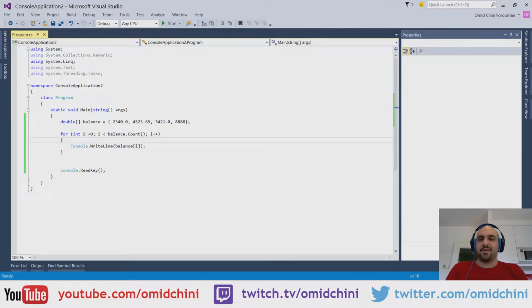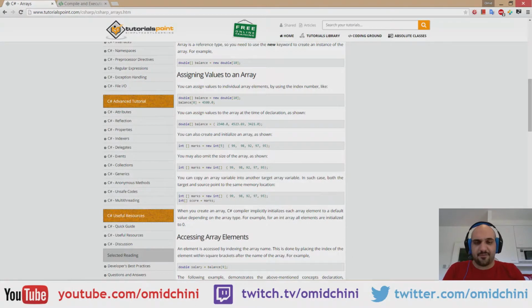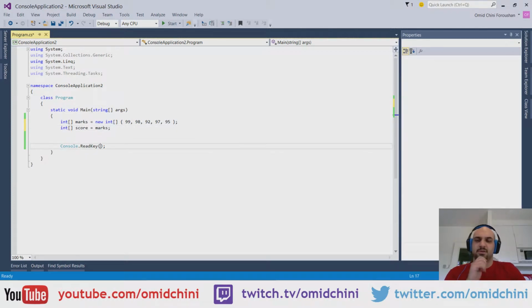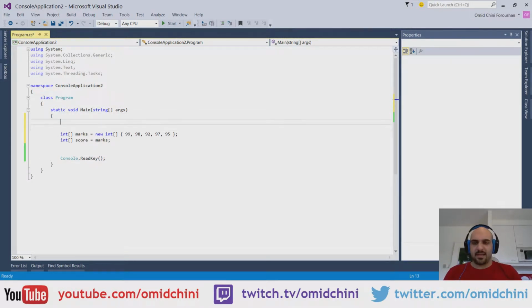The thing is that if I have a line like this, the thing that's going to happen, I'm actually going to show it to you. The thing that's actually going to happen is that if I change right now either score or marks, doesn't matter, both of them are going to change. It's not that this value is going to be copied into this value like before, because before, when I had